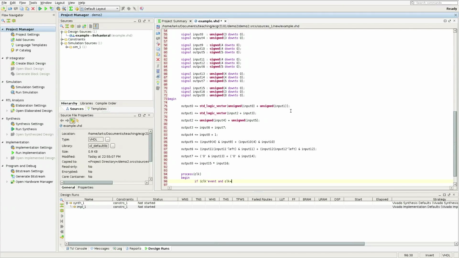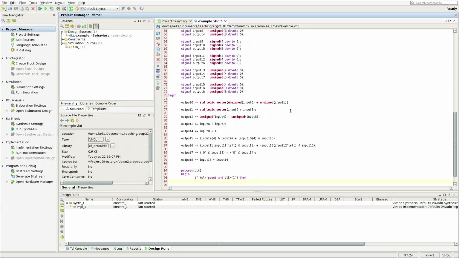And when you have something like this, that means whenever there's an event and clock is equal to 1, which may seem a little convoluted, but basically it's saying the rising edge. If you want to do falling edge, simply change that to a 0. But we want to do rising edge, at least for this example. So, we have when there's a rising edge, you can simply say, let's say,